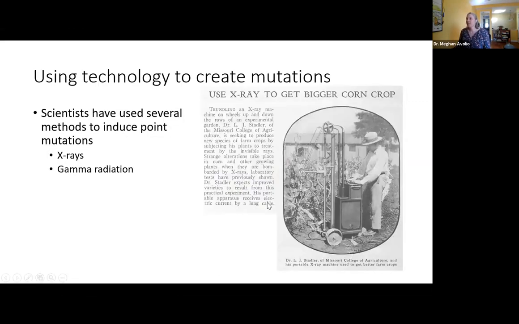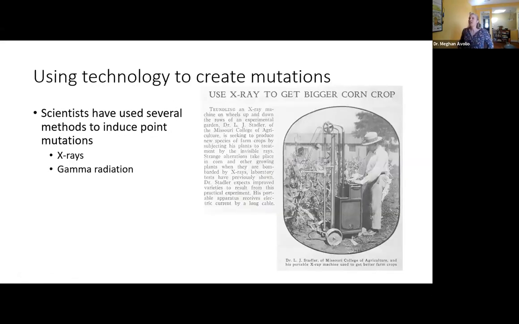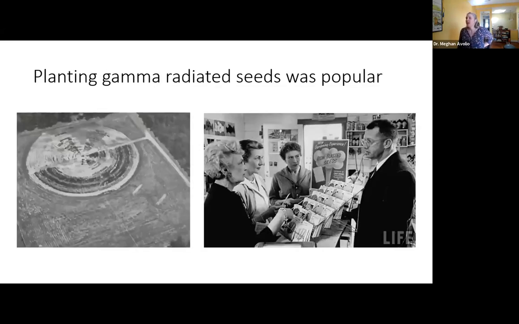It would be propagated on. And so this mutation is a big generator of novel phenotypes, and humans have tried to manipulate this to create novel plant varieties. Some ways that people have tried to get novel plant varieties is through using X-rays or gamma radiation. Here's a figure of a farmer taking an X-ray machine into the field and exposing corn to X-rays in the hopes that new spontaneous mutations would occur.